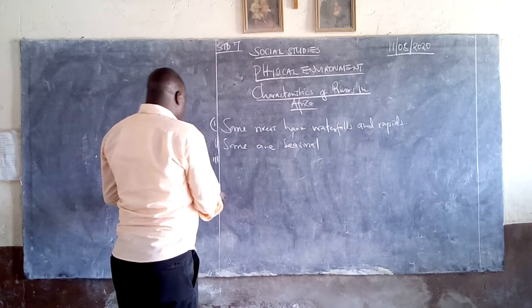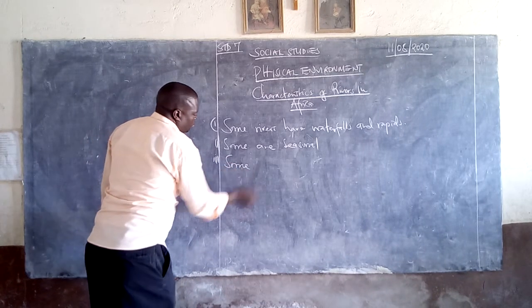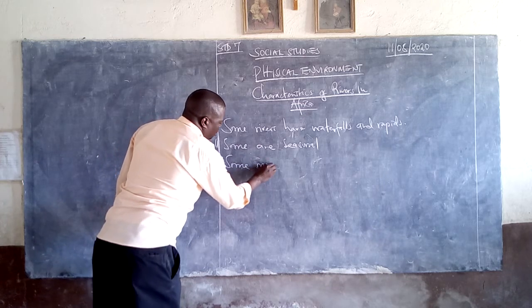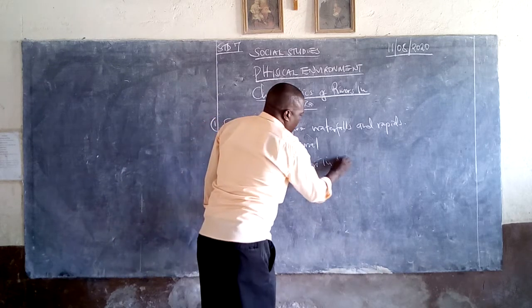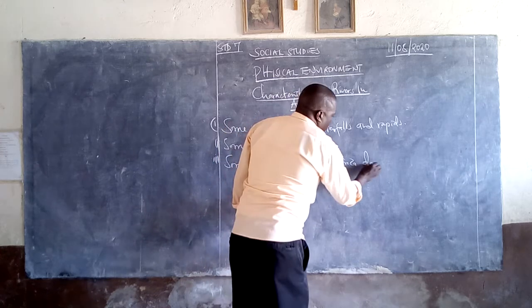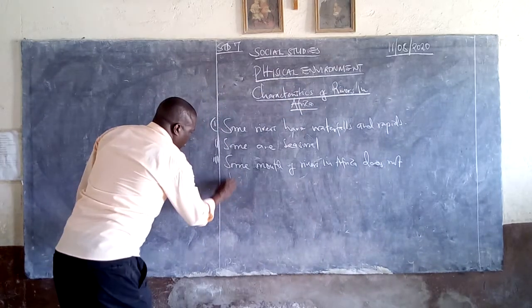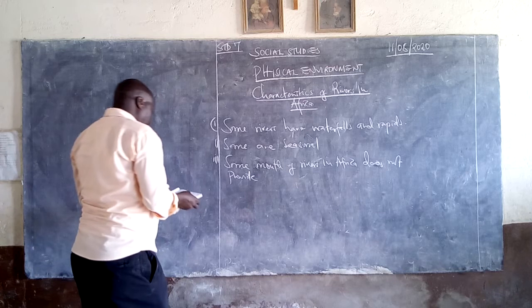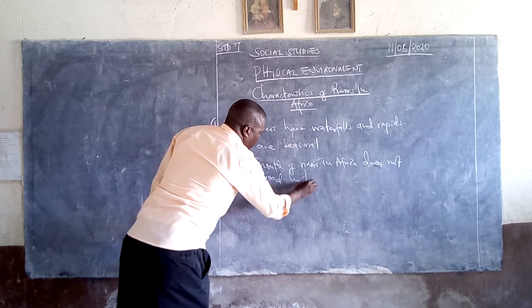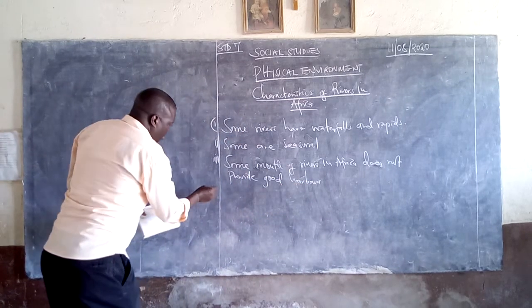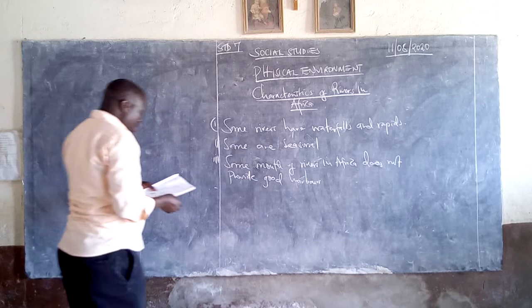You can also say some mouths of rivers in Africa do not provide good harbors. We also say some rivers pour their water into the lakes, seas or oceans, either in the form of a delta